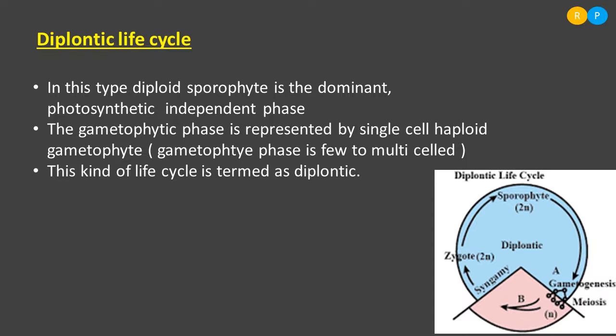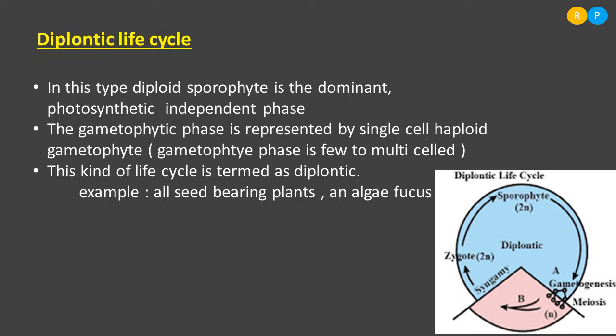Understood? So, because of the dominant diploid phase, it is called the diplontic life cycle. It is seen in which group of plants? All seed bearing plants. That means in angiosperms and gymnosperms, it is very common. And one example we have here in the algae is Fucus. Fucus is a kind of algae. This algae shows a diploid life cycle instead of a haploid one.